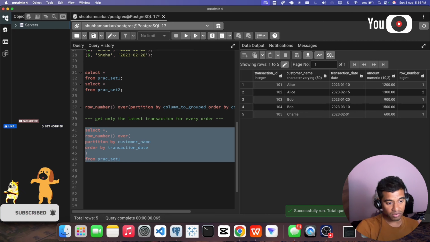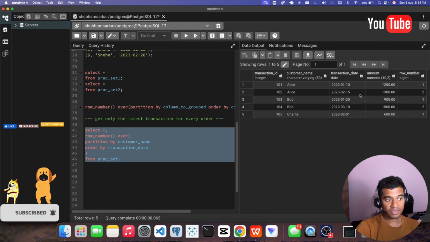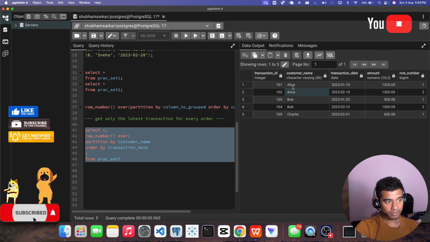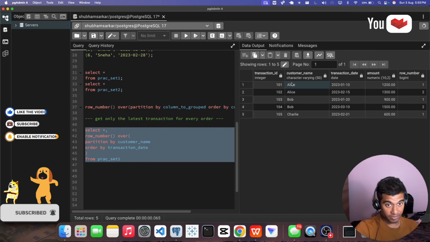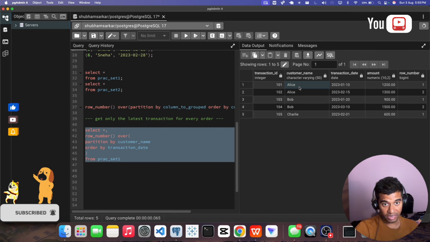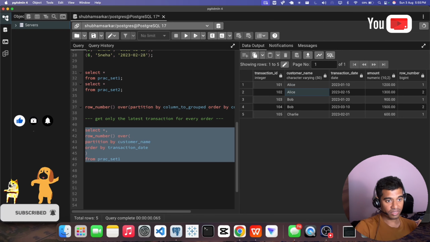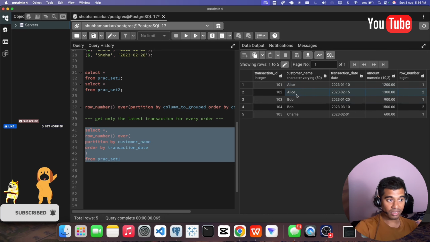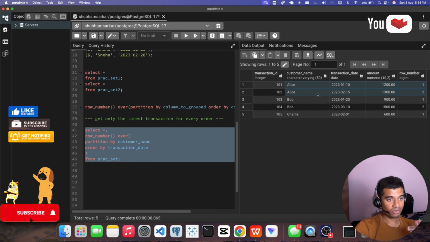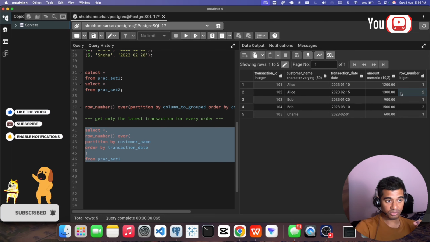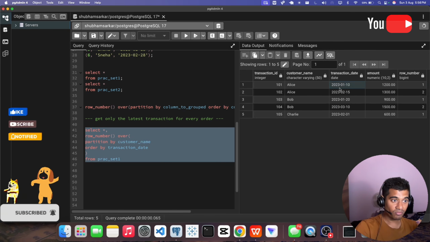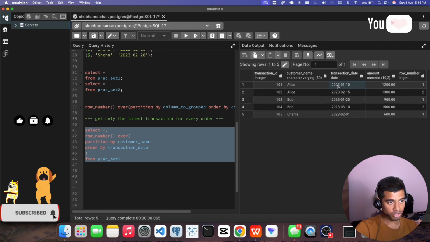What we have received here is, for Alice, as I told you, it will be in one group, so the numbering will be only within the Alice part. For Alice we have 1 and 2. There is no third Alice, and there is no other group for Alice. So for Alice there are two rows, and 1 and 2 are shown, in the order of transaction date sorting.